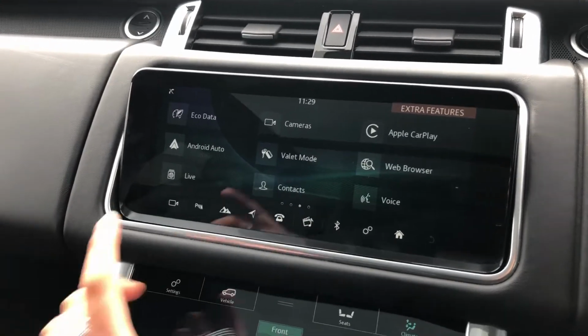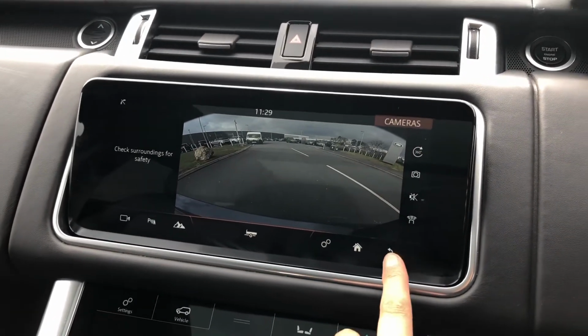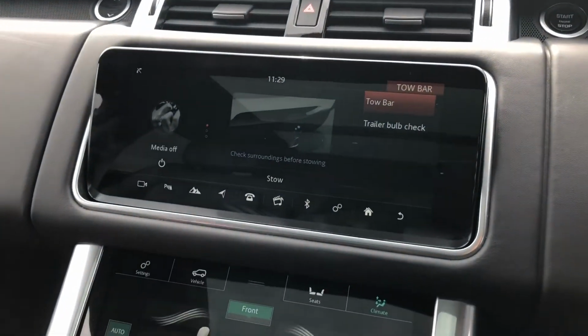Apple CarPlay and Android Auto, along with a 360-degree surround camera, and you do also have a normal rear view camera, making parking and reversing a lot easier. You can also control your tow bar from inside the vehicle,